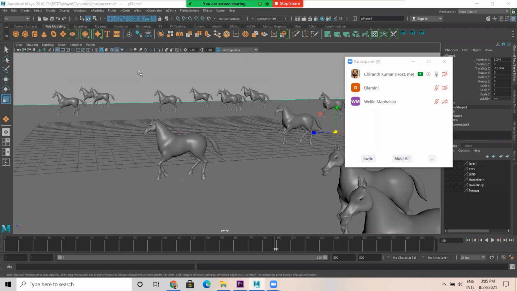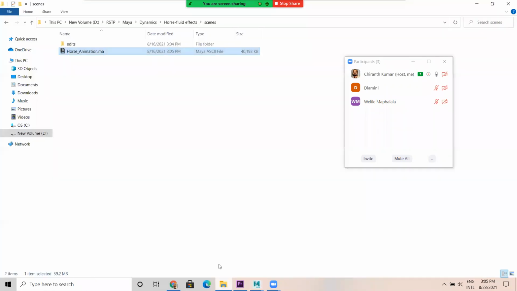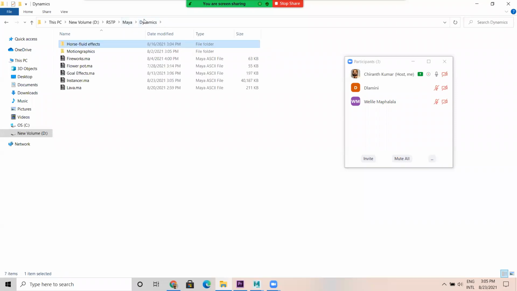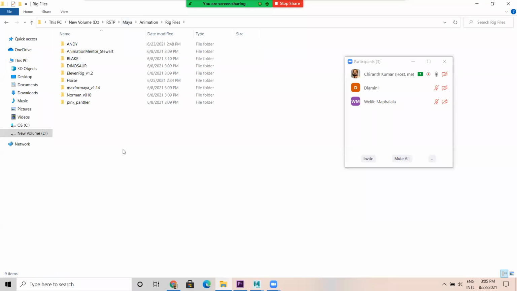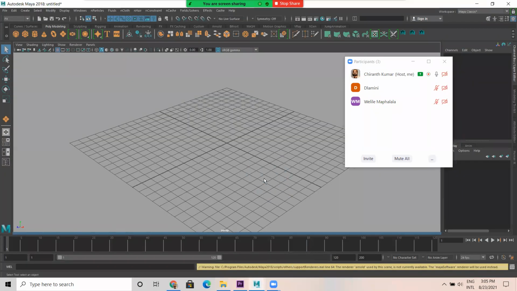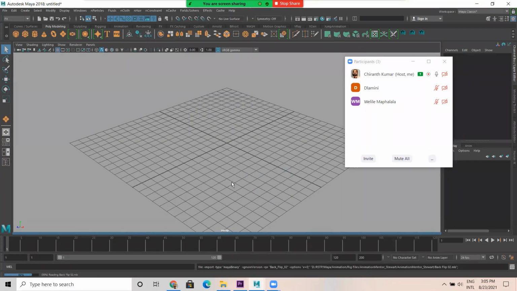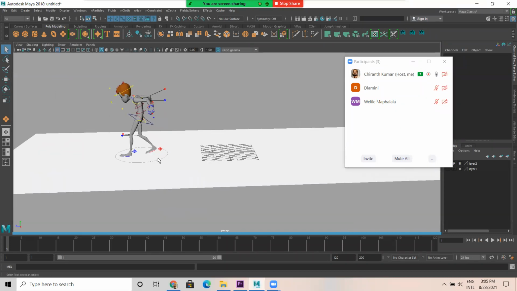And this is one part. Similarly, let me create another one. For example, in animation, we have created different types of animation. Let's say we have a character which has done an animation.